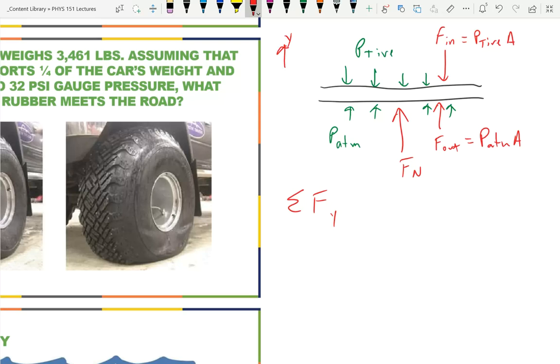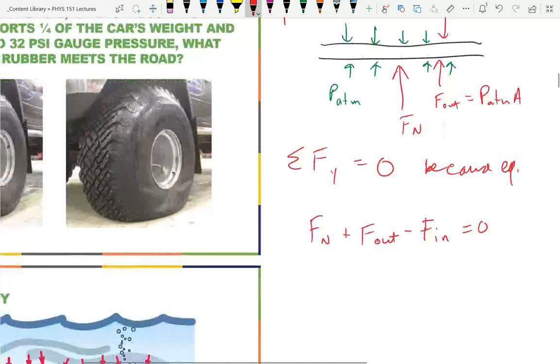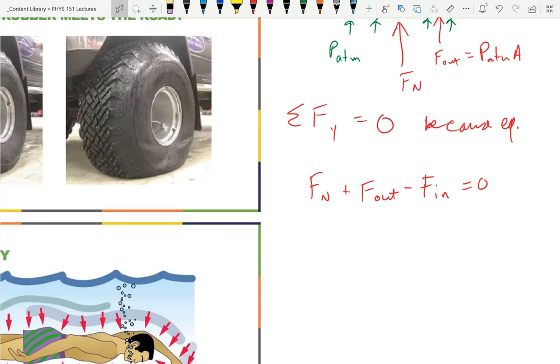Why? Because they're all vertical forces. Is equal to 0 because equilibrium. So if I look at my picture, I have force normal plus force out minus force in equals 0. And then if I put in my equations for force out and in,